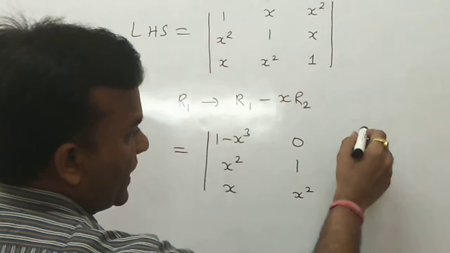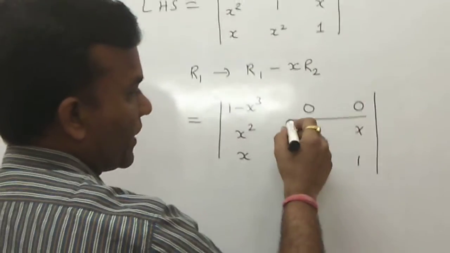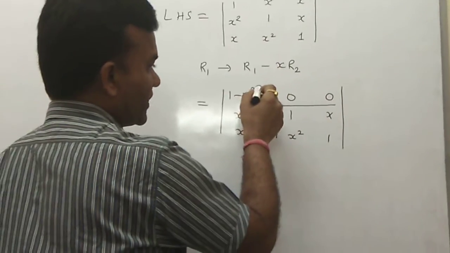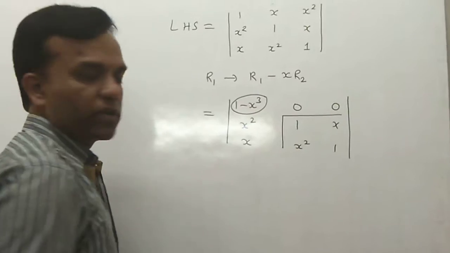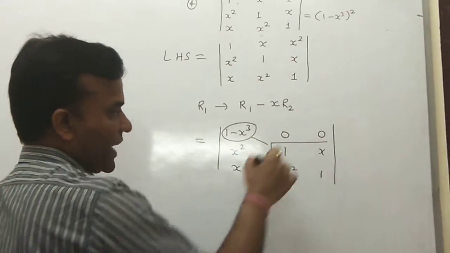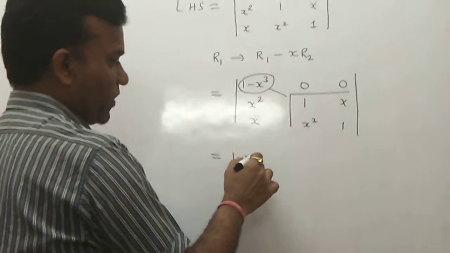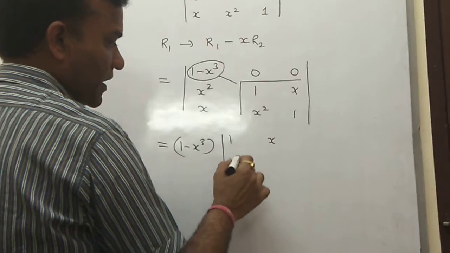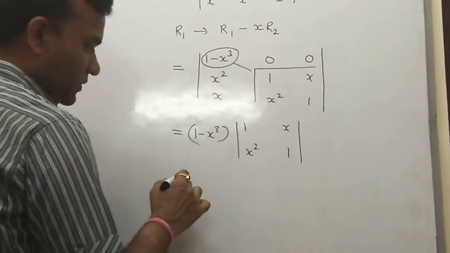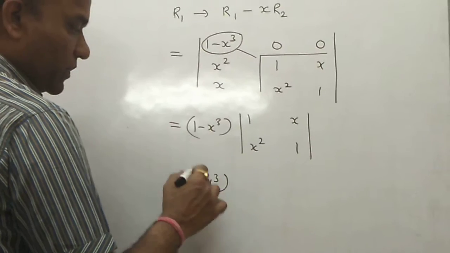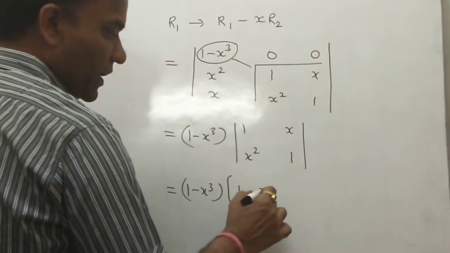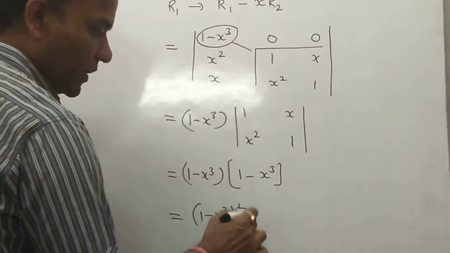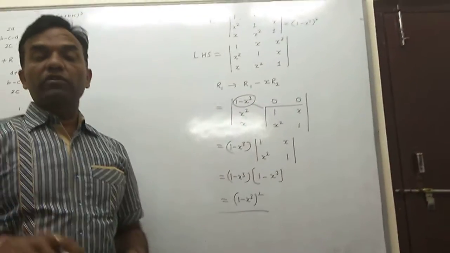So you get a very easy concept because we have the zero pair. And the zero pair is very important because now your determinant reduces from 3 by 3 into 2 by 2. So this value is multiplied, and the rest of the values you write down in the determinant. So you have 1 minus x cube, and the rest of the values are 1, x, x square and 1. Okay, so 1 minus x cube, and then you simplify this bracket, again 1 minus x cube. So you have 1 minus x cube of whole square. So in only one operation you got the result.